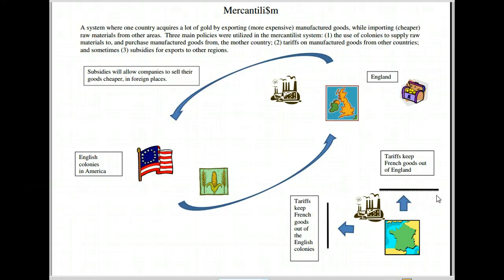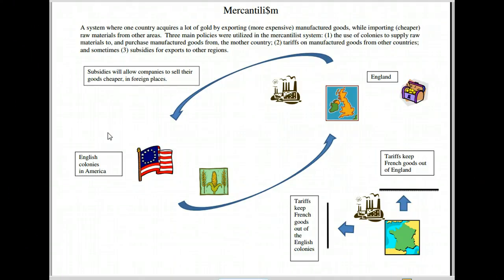Now, this mercantilist project doesn't stop there. In addition to selling in England, English factory owners also would like to sell elsewhere. But unfortunately, because the English have raised tariffs against French products to limit the number of French goods sold in England, the French have levied retaliatory tariffs against English products. And so English products aren't likely to be sold in France. So where else can English products be sold? In English colonies. And so one function of colonies is to provide a market for manufactured goods from the home country, the mother country.